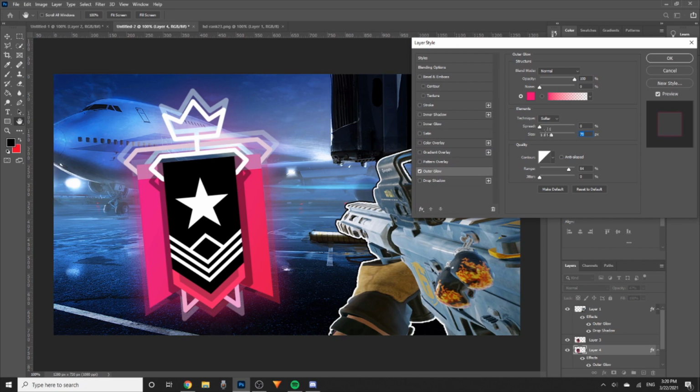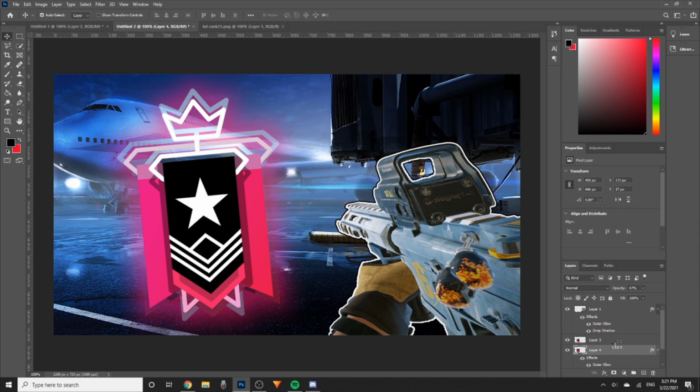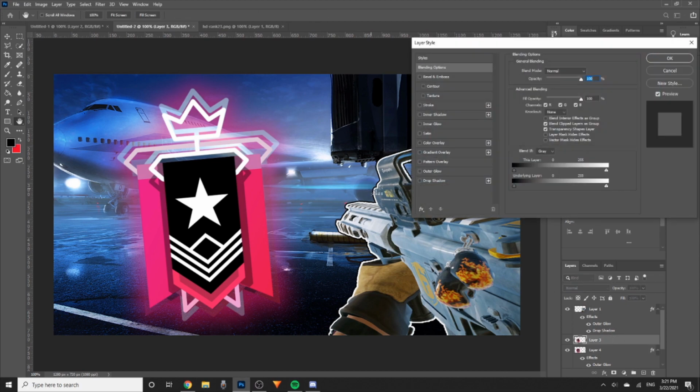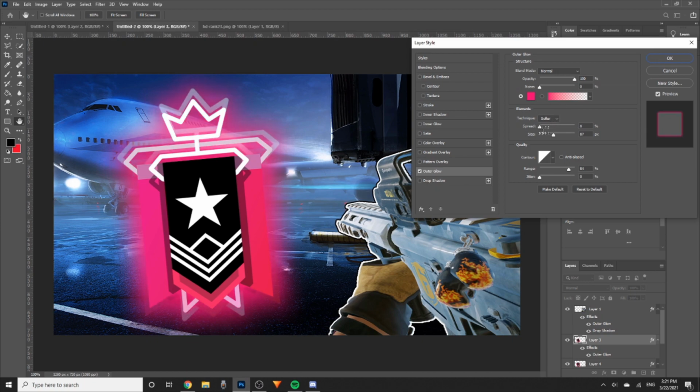Add that glow, and then obviously just make the size whatever you wish. You can upgrade the spread a little bit as well, like that. It'll make it a little bit more glowy. I think that's good for now. Putting a glow on the first layer as well is actually pretty helpful. Maybe not that big, but just adding a little glow like that kind of helps with the